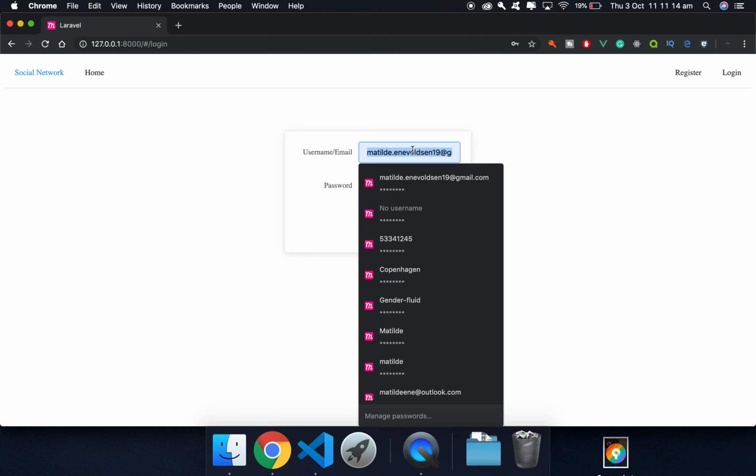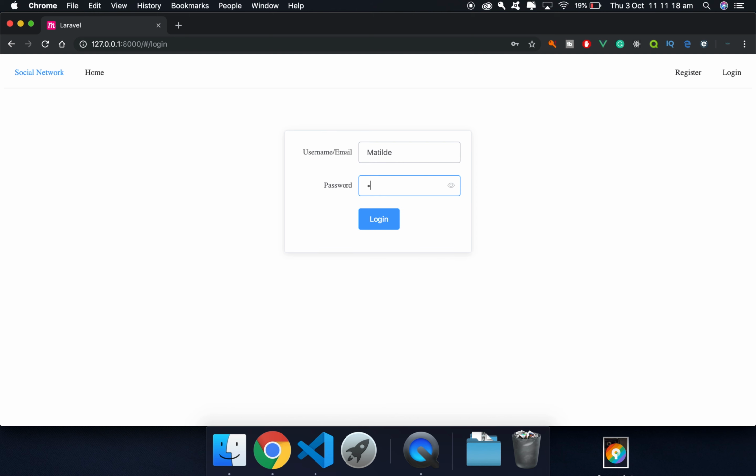So now we should be able to type something in, then type a password, and click the show password button there. So nothing obviously happens if you